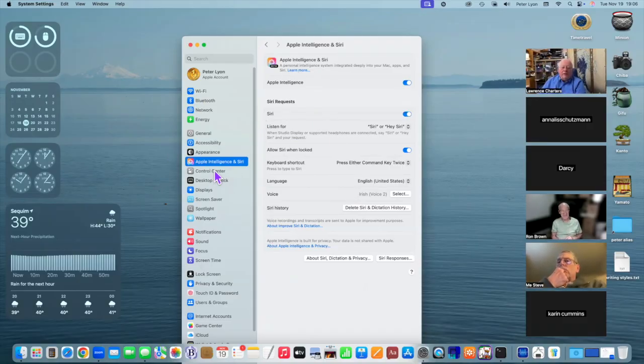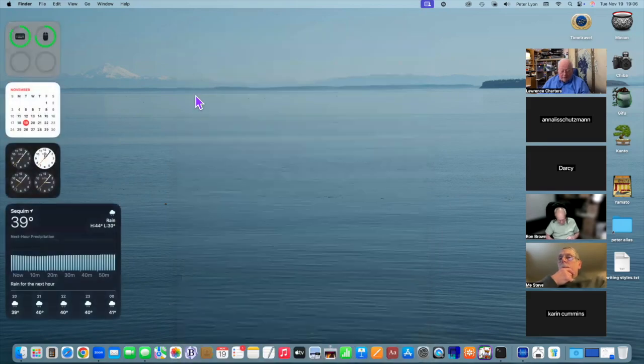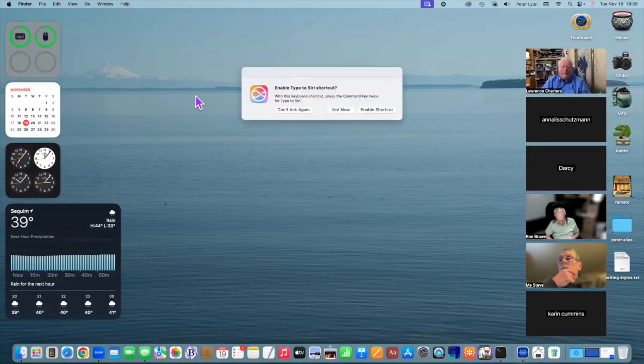It's just different. But one thing to note is that a lot of people don't understand things you can do with the keyboard. It says here you can press either command key twice. And the command key is the one that's got the clover leaf. You press that twice and it'll bring up Siri. But you can also use the keyboard for other things. Like a lot of people, they want to find something. If you press the command key, which is the clover leaf key, and